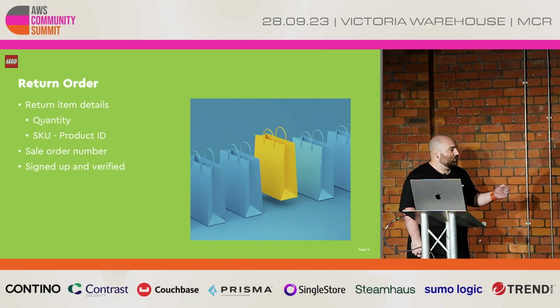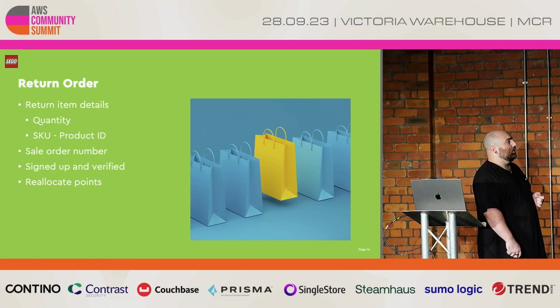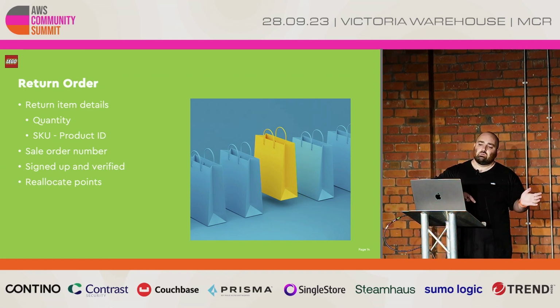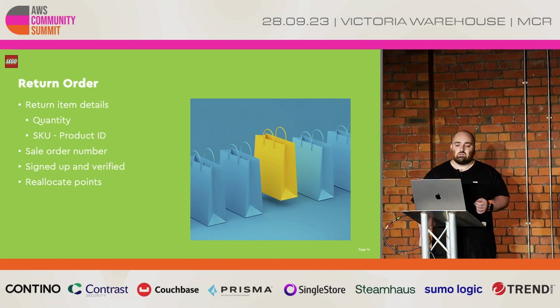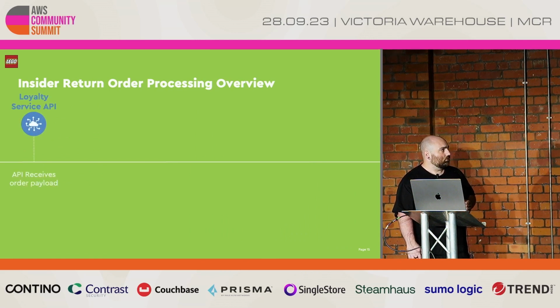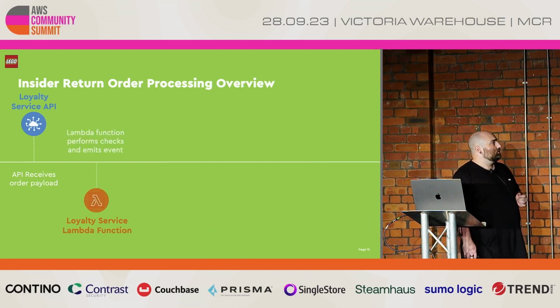So again, they need to be signed up and verified if it's an insider doing the return. And then we can also reallocate points, so if they're returning an item and they might use points, we can then reallocate these back on so they're not losing out. So if we now check the return order processing overview, again, we start off with the incoming request to